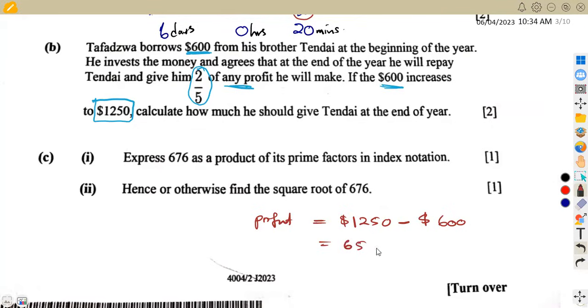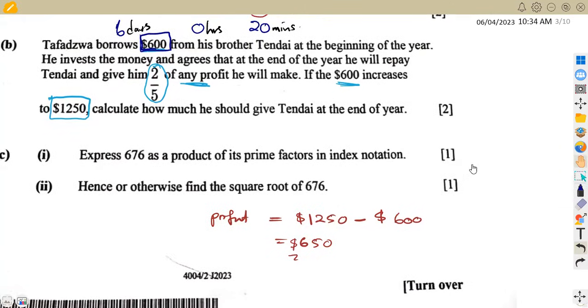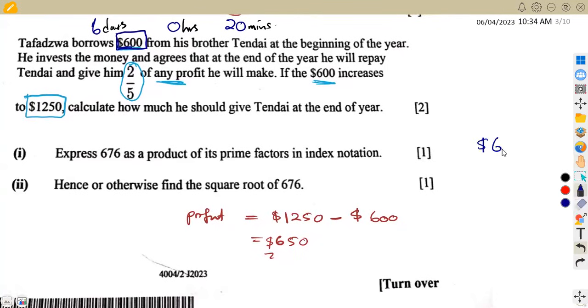All right, $650. This is the profit that this guy made, but he is supposed to return the $600 as it is, before talking about his profit. But in returning the 600, he promised, I'm going to give you 2/5 of any profit that I make. So from this profit of $650, he is going to give him 2/5 of that profit, which is 2/5 of $650,